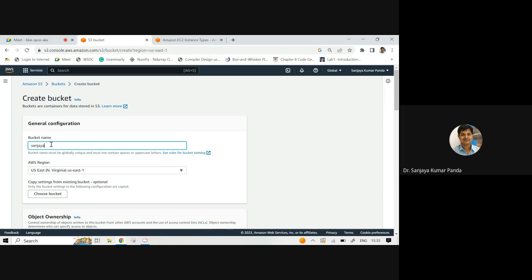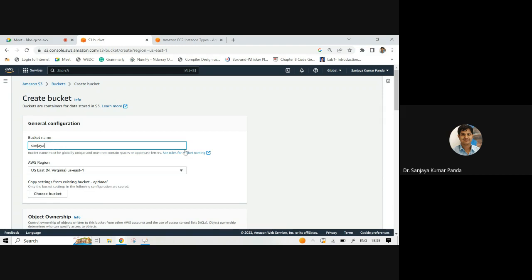If this name is available, then only it will be provided to you. Like websites, you know, if somebody has created a website with a particular domain name, you cannot create another website with that same name. That's why the bucket name should be as unique as possible.